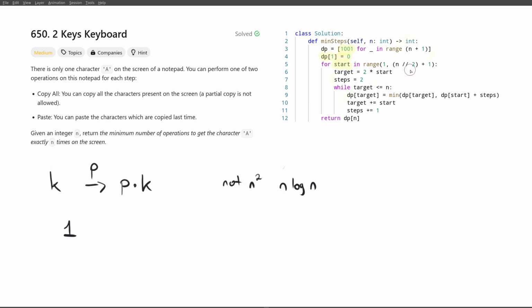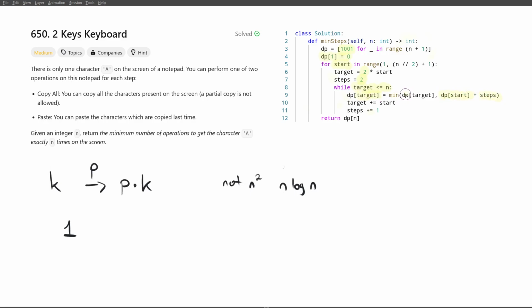We don't have to actually go past n divided by 2, because if we get something that's greater than n divided by 2, then we surely cannot arrive at n by copying and pasting it any number of times. We're going to be trying to paste it twice, 3 times, 4 times, and so on, until we overshoot n. And in that case, if we need to copy and then paste with the total number of steps being steps,